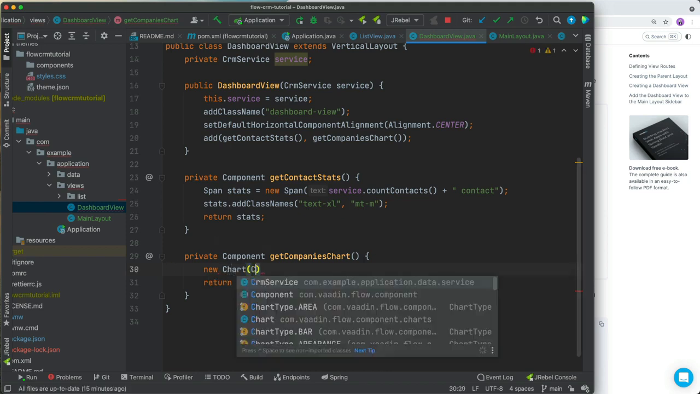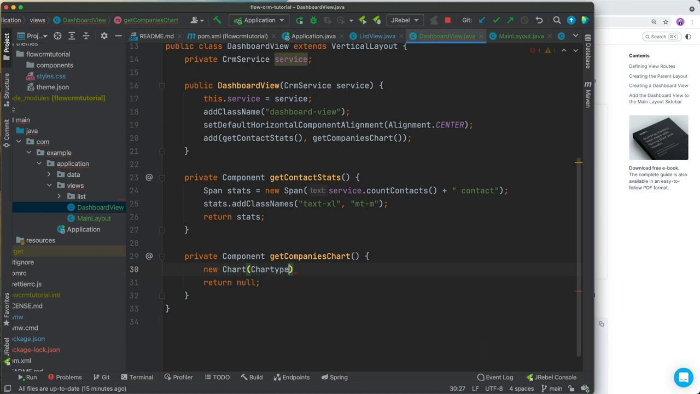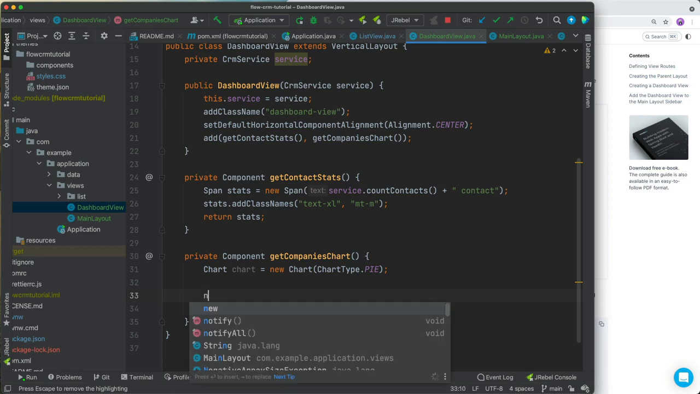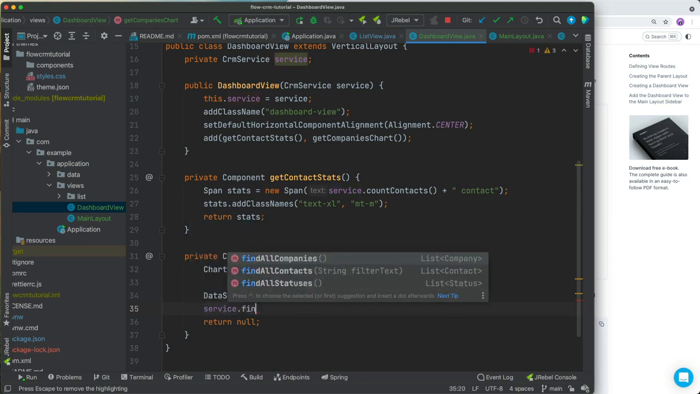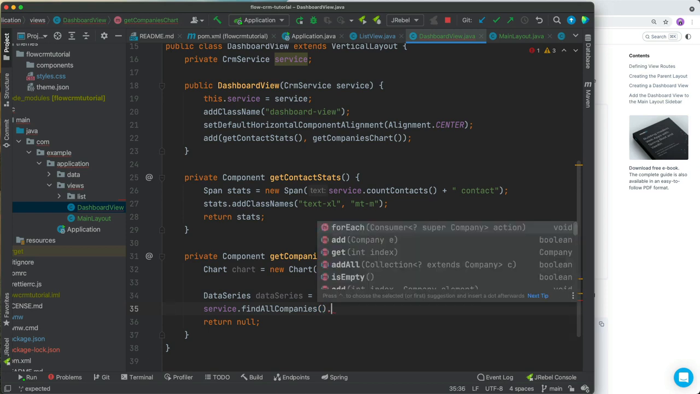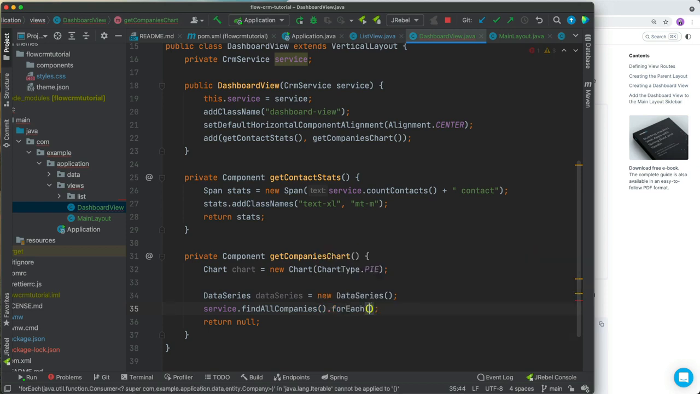And this will be of chart type pie. And this chart will then need to get its data somewhere. So for that, we need a new data series. And we're just going to pull this out into a variable. And then what we need to do is call service, find all the companies, and then for each of them, kind of pull out the stats. So for each company,